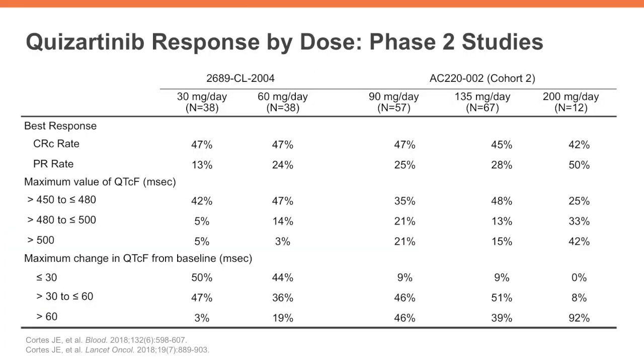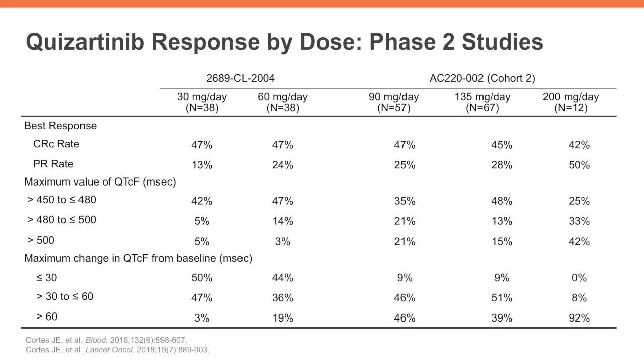Clinical studies of Quizartinib showed that the drug was tolerable across a wide range of doses, with the maximum dose being limited by QT prolongation on the EKG. This was generally asymptomatic and could be managed by dose interruption or dose reduction, as well as avoiding other drugs that would also prolong the QT interval.